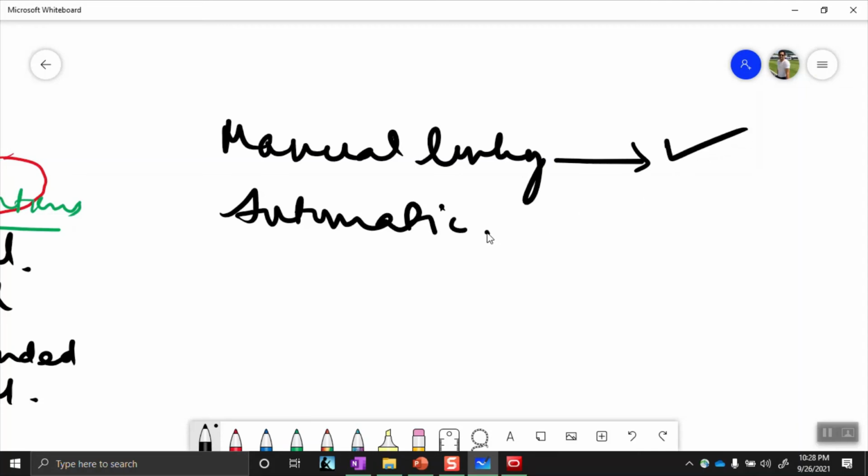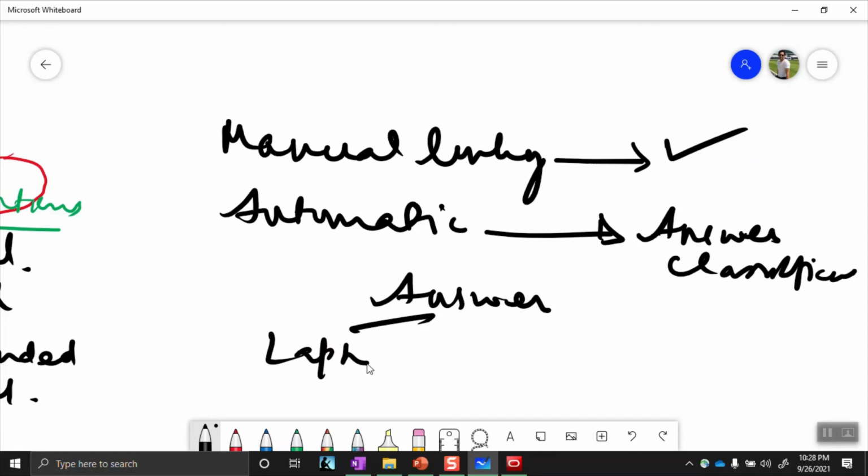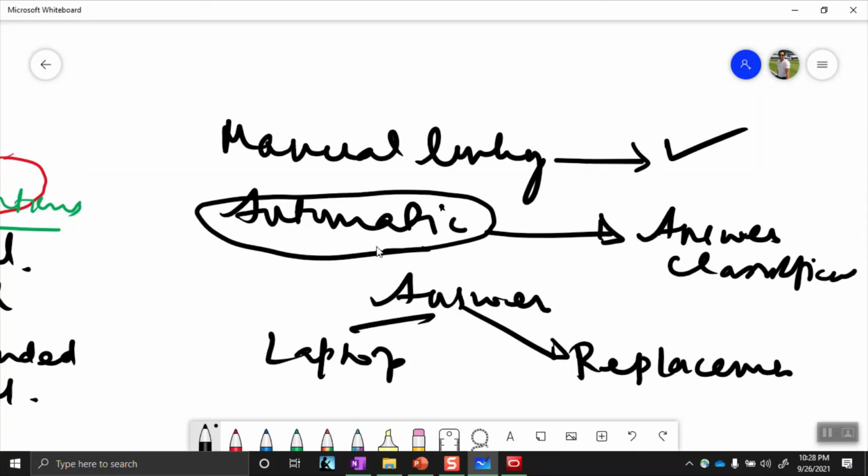Automatic linking will happen, but the prerequisite for that is that the answer classification is required. So let's say there is an answer, and this answer is pointing to this laptop, and this answer is pointing to the resolution replacement. So what will happen when we run this automatic linking? It will create a link automatically between the laptop and replacement.